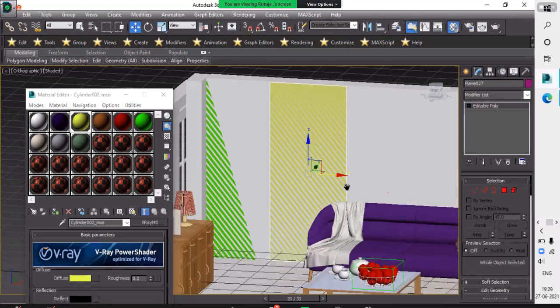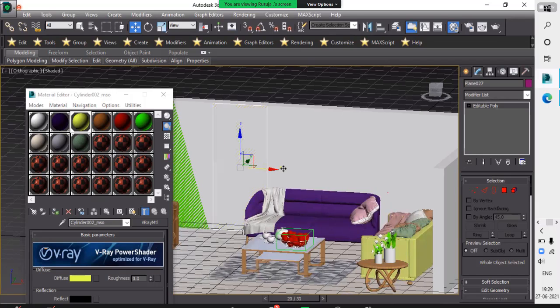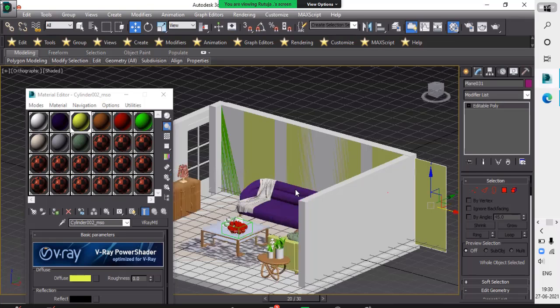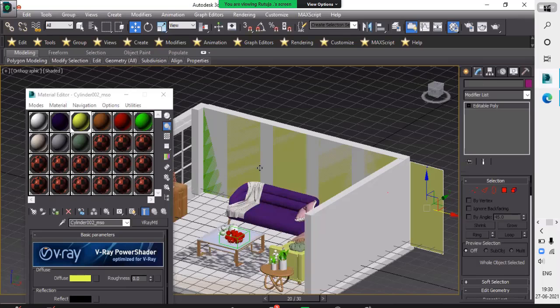I also shift and copy it because I don't want to get the plane every time and select it and convert it into editable poly. So first of all I will copy it, and now I can modify easily.